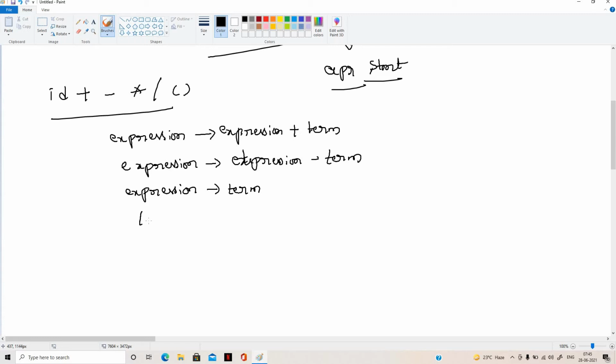Similarly, term tends to term into factor, or term tends to term divided by factor, and term tends to factor.